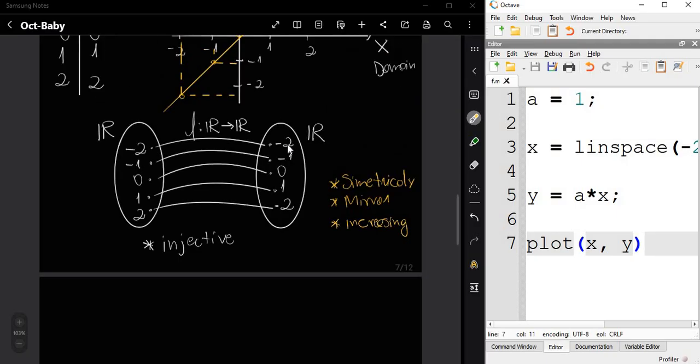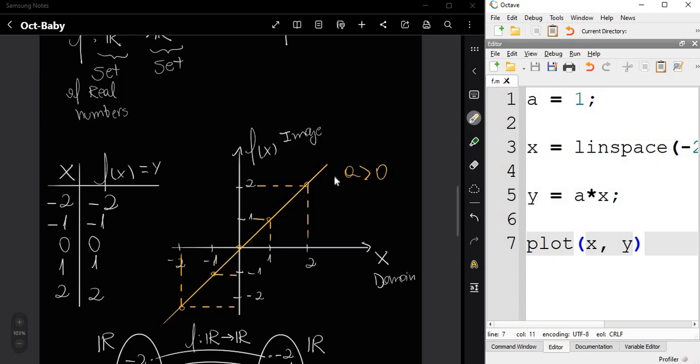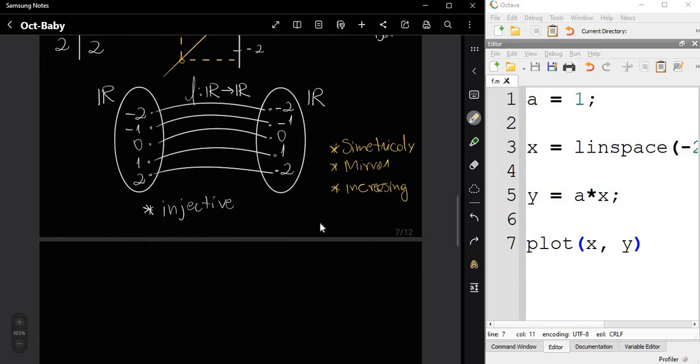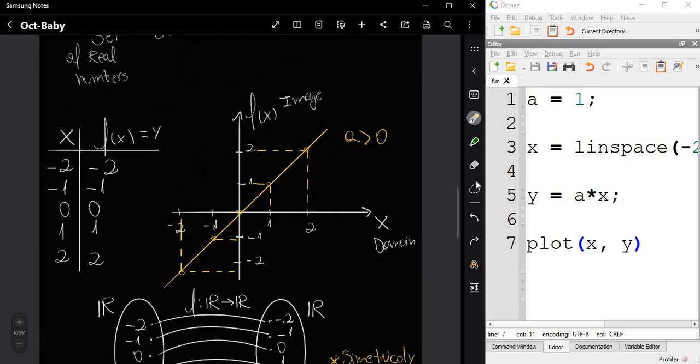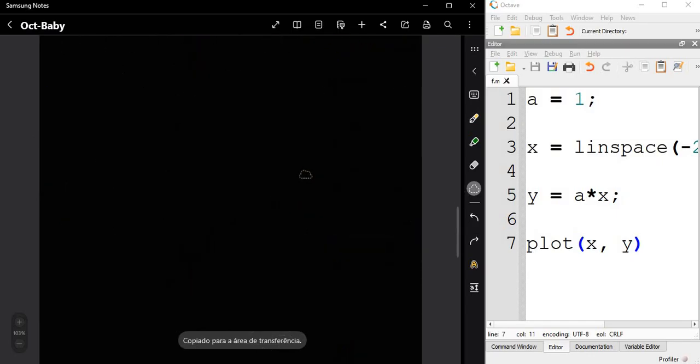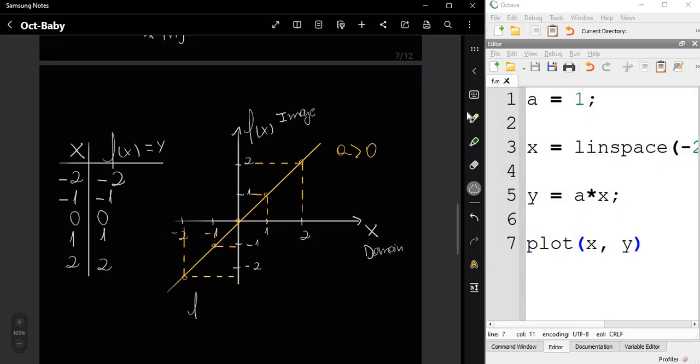Now we will sketch with a linear coefficient negative, which means that a is less than 0. So let me just copy this. Now the linear coefficient a is less than 0.